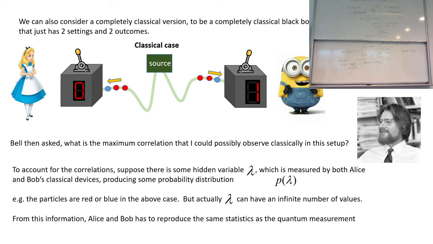It's not just some binary amount of information, but as much information as you want. The underlying particles might have millions of gigabytes of information being transmitted here. So let's call all that information that you're sending,